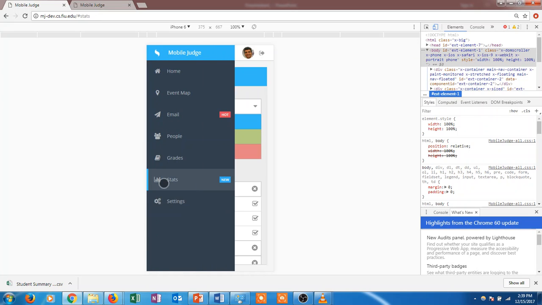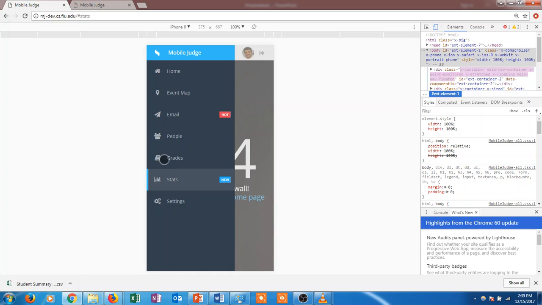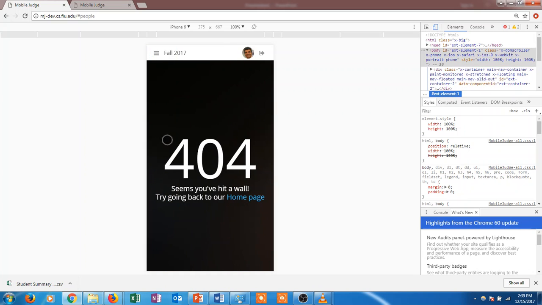And as we can see here, if we click on the Stats page, the Grades tab, and the People tab, all of these show a 404 error. So that is one of those things that should be checked out and worked on, at least on the next